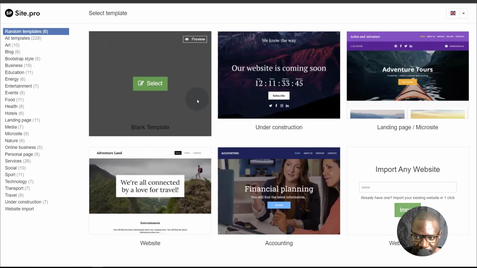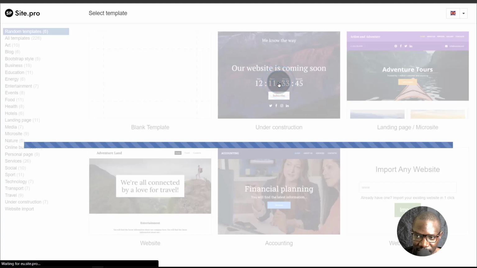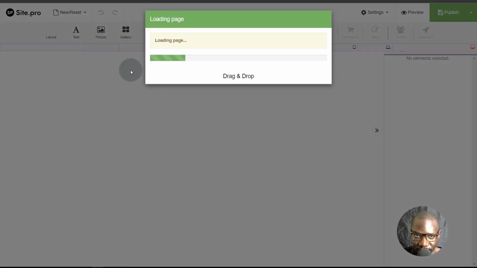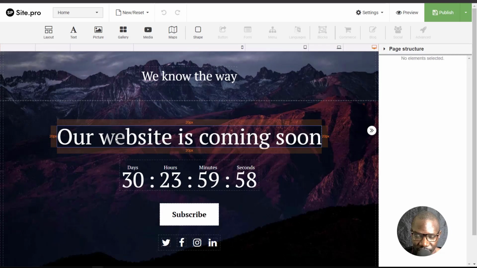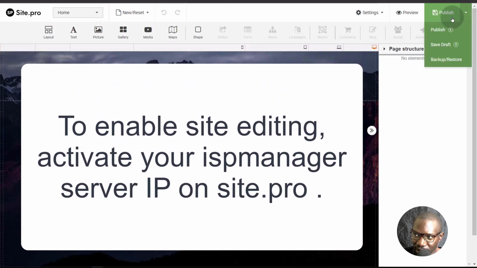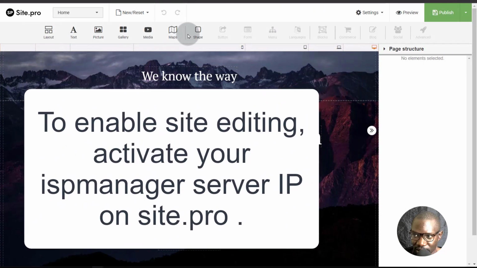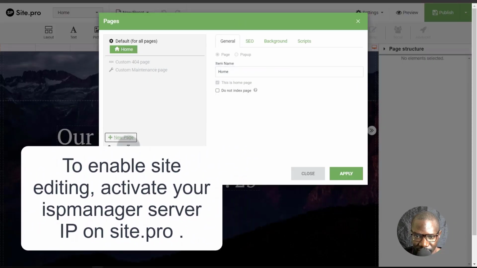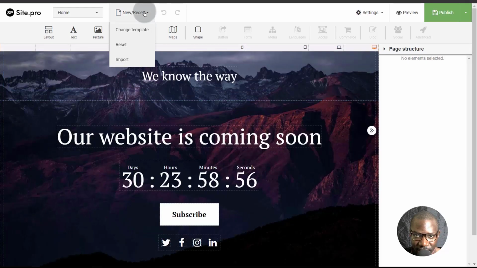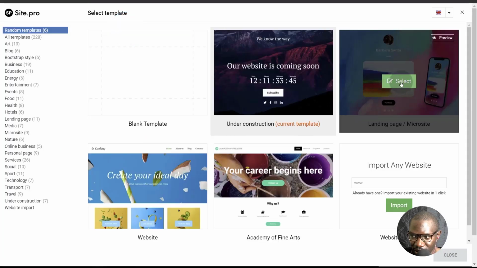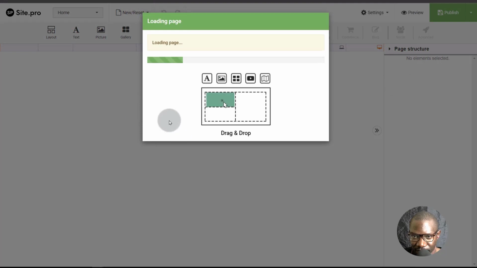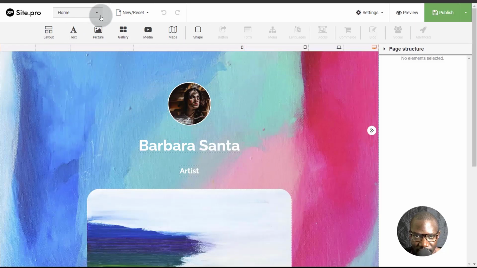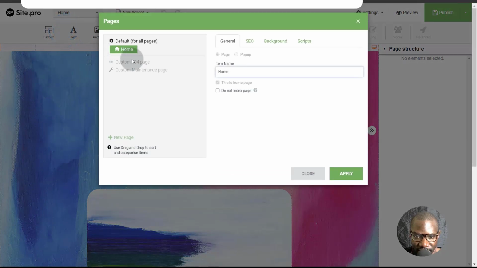Your users can build websites. If they select a template, they can go ahead and start building their website, and it will be published on your domain. Change the template. So come here under reset and change your template. We'll choose that. And now if you come back here and click on edit,